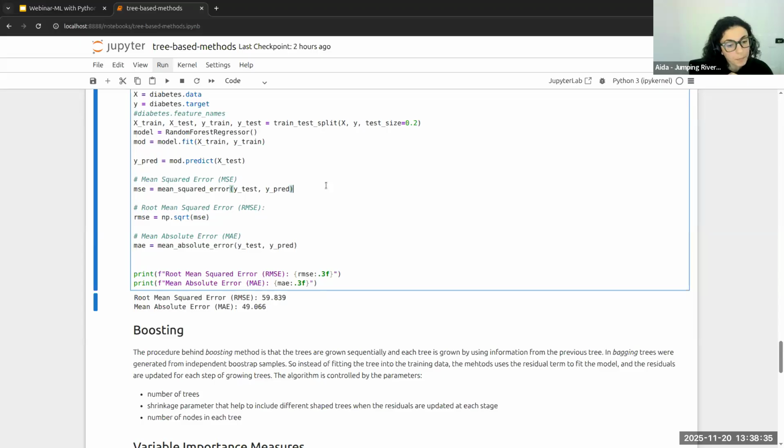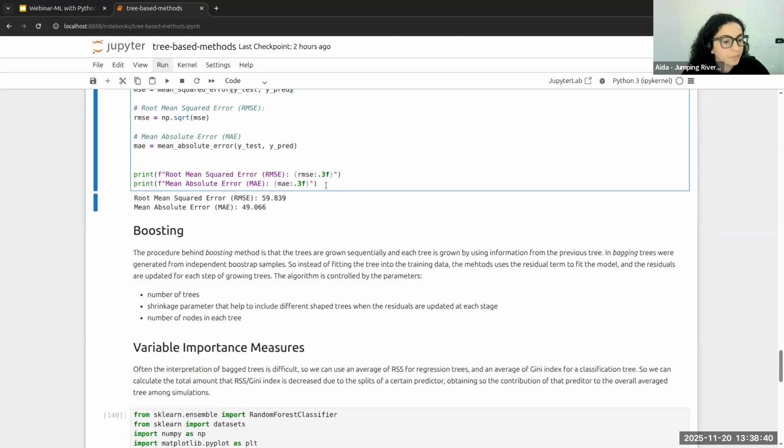And then I was going to talk a little bit about boosting methods, which are widely used in practice, and lots of people use them when it comes to fitting tree-based methods in the real world and with big data, usually. The idea behind boosting is that the trees are grown sequentially, and each tree is grown using the information from a previous tree.